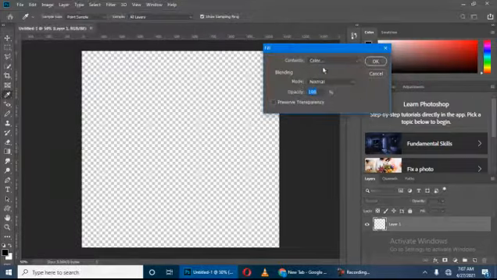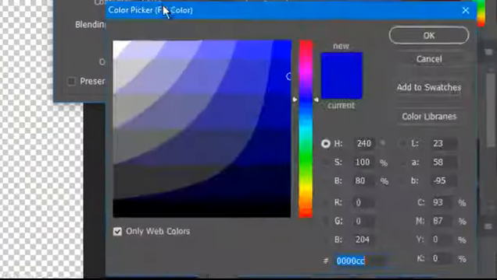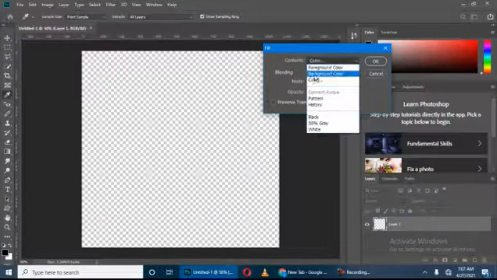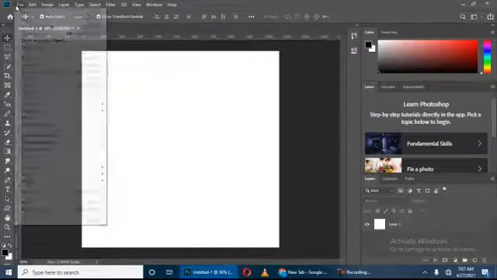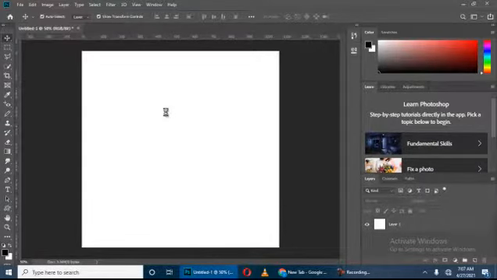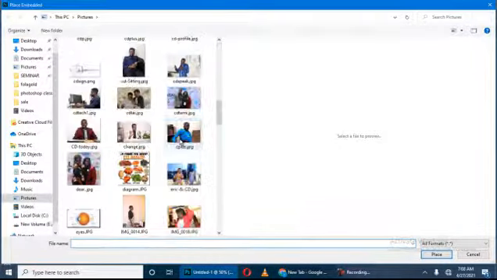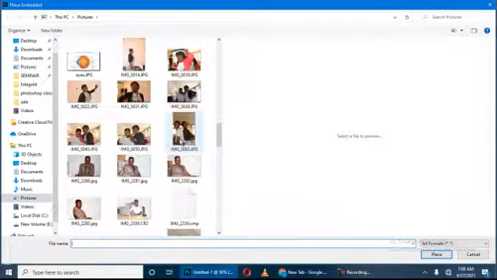Edit, fill with background color. You can actually choose a color here. I'm using background color now. Okay, I have this. I don't want to do a simple design. Place an embedded file. I'll look for one of my pictures and